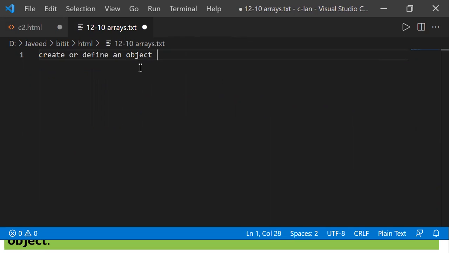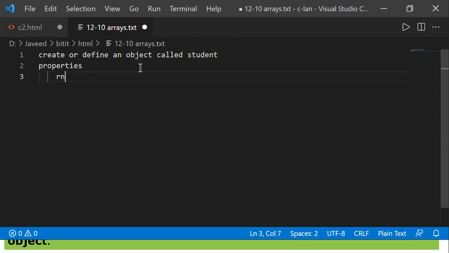So what is an object now? I want to define an object called student. Now, what are the properties that I want to have for the student? I'll take a roll number, or you call it a hall ticket number. Then I want to have the student name, sname, I'm taking it. And then, let's say I'm having fees there. So these are the properties that I want to define.